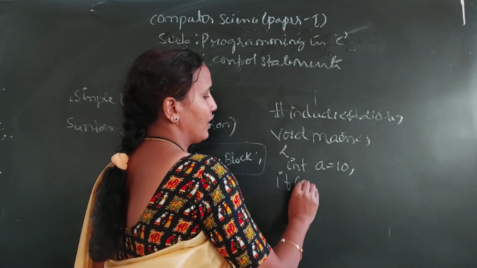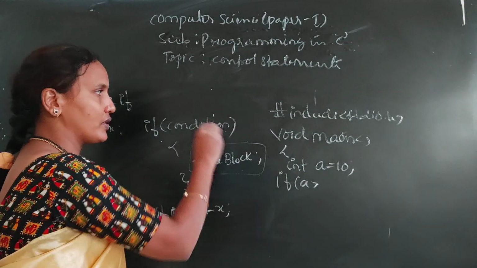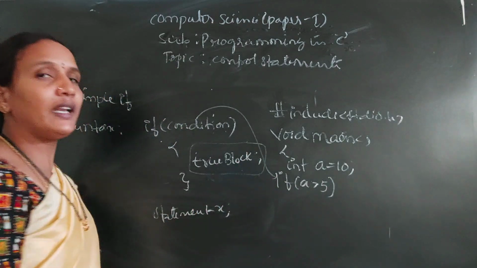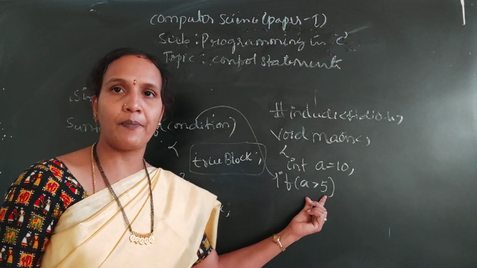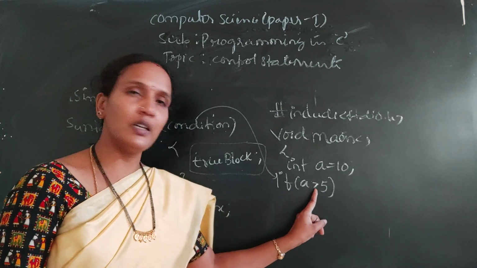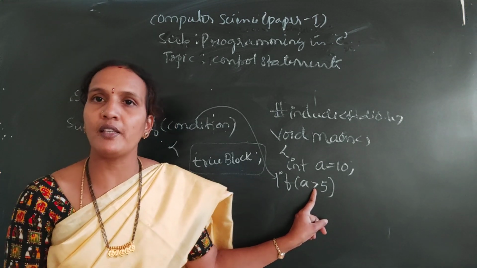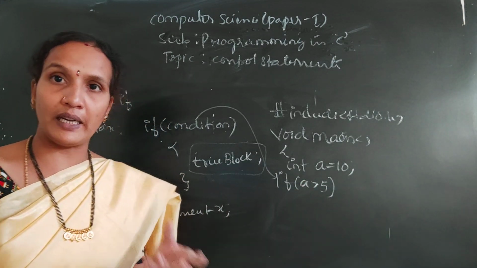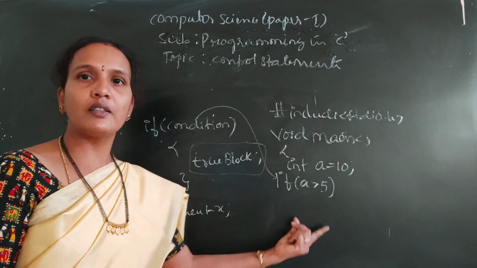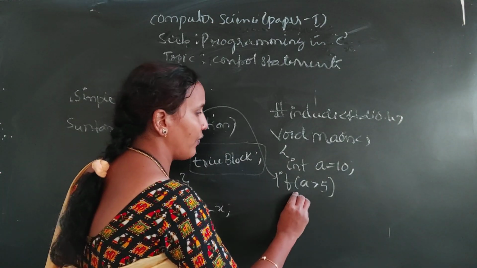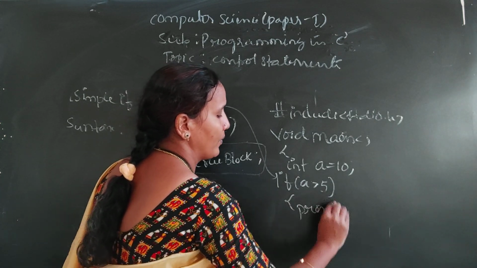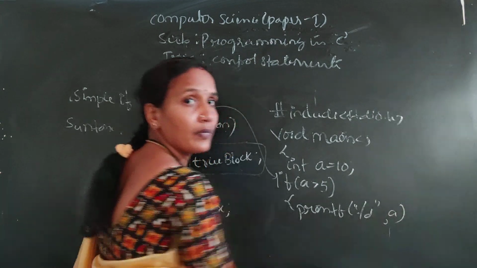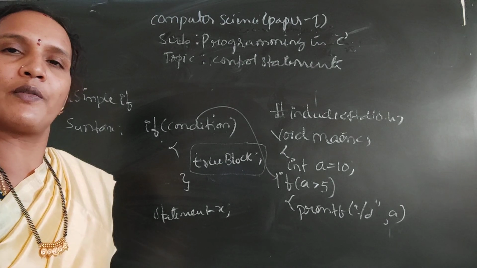See if the syntax is matching or not. See here, if a is greater than 5, for example, the condition is your wish. It is a relational expression. Here we'll use a relational operator. In decision making statements, we mostly use relational operators. So this relational operator is evaluated. Based on the result of the relational operator, the statements will be executed. If a is greater than 5, I want to print a. I am printing an integer, so I am giving %d, comma a. Else, I don't want to print.